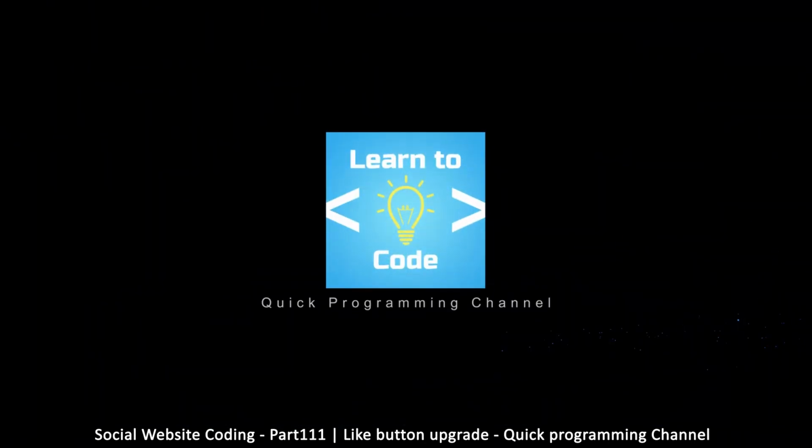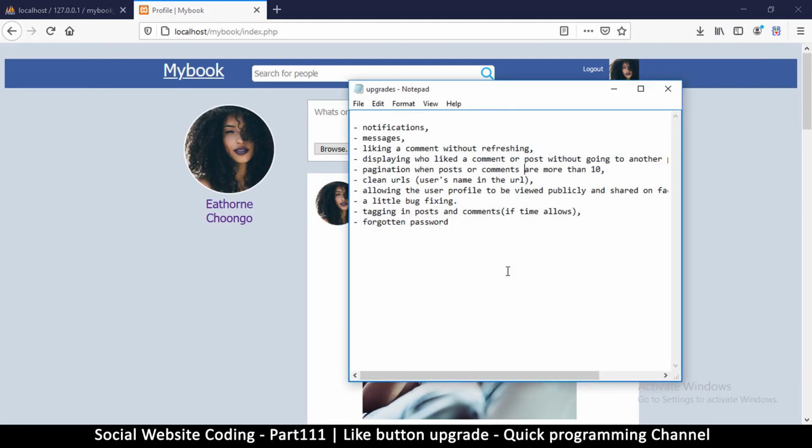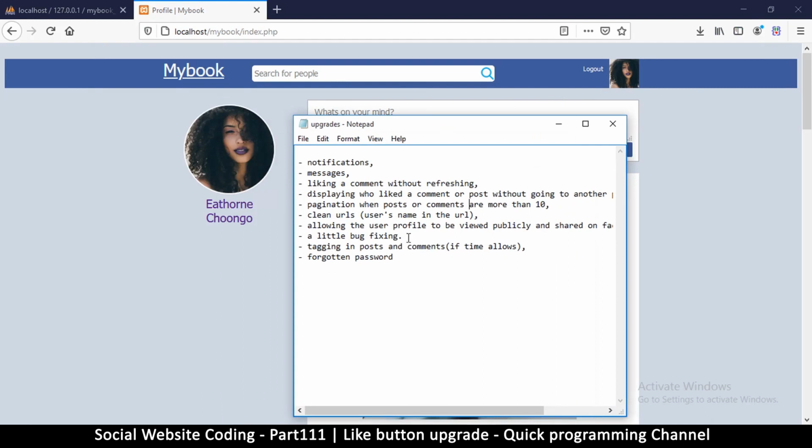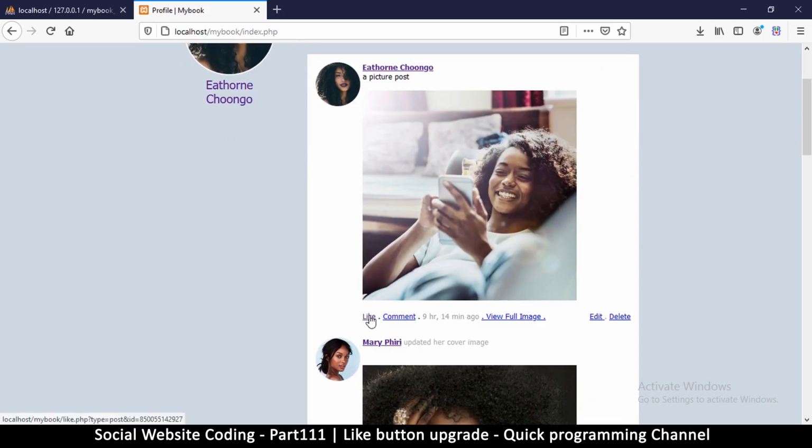All right, guys, so in here what we want to look at is one of these. I think let's go for liking a comment without refreshing. Okay, so great. So far, if I have a post like this one right here and then I click like,